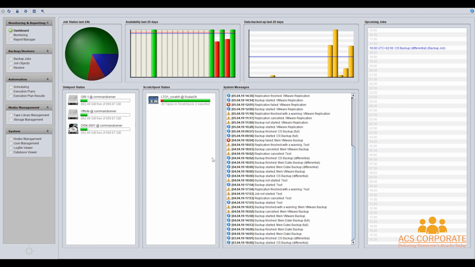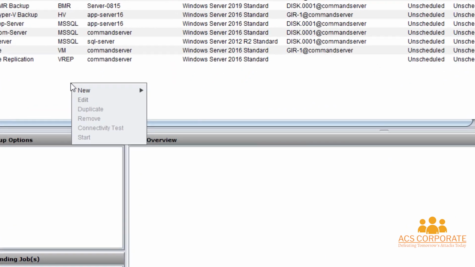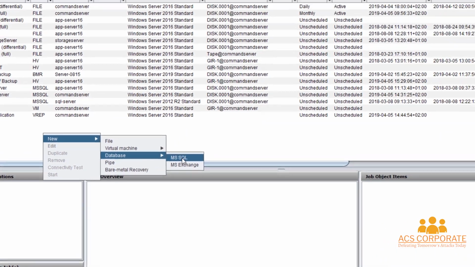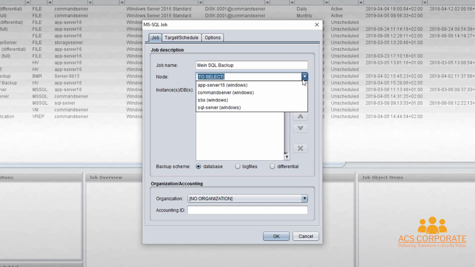Back in the backup program, we're going to click on Backup Jobs, and from here we're going to right-click New, and then Database, and then SQL. We'll go ahead and define a job name, and we'll type that in now. Once done there, you're going to click on the Node pull down, and in our case we have multiple SQL servers, so I'm going to pick one of our SQL servers here, SBS, or we'll use App Server 16,